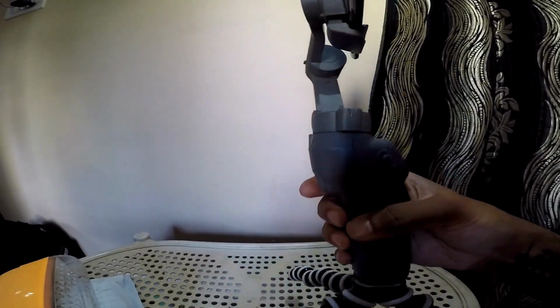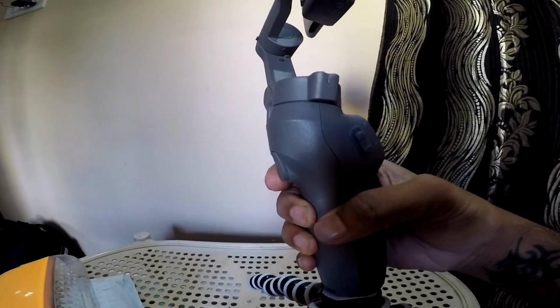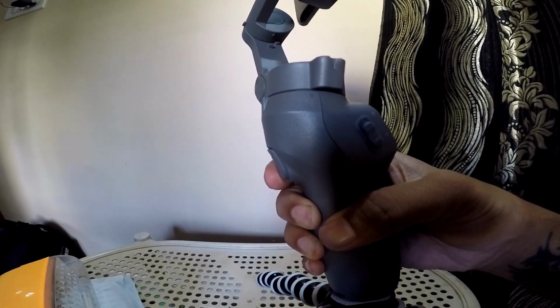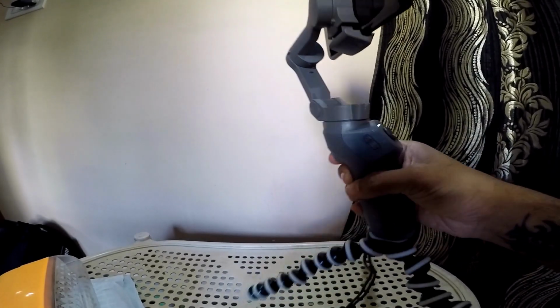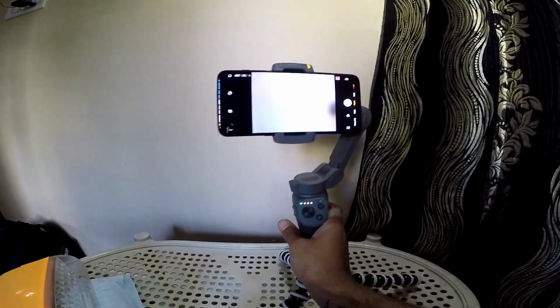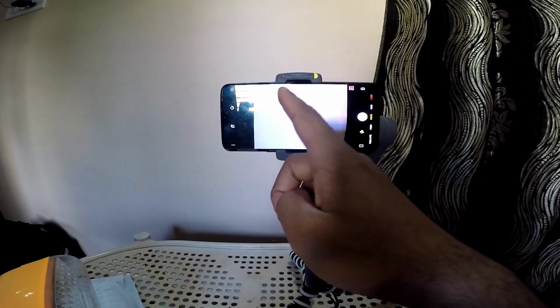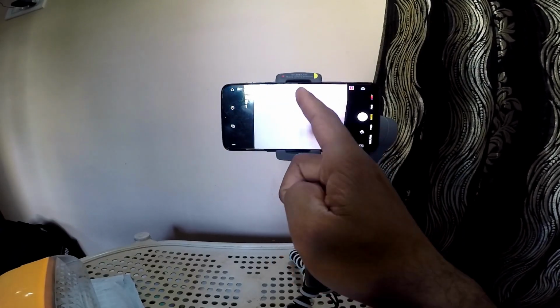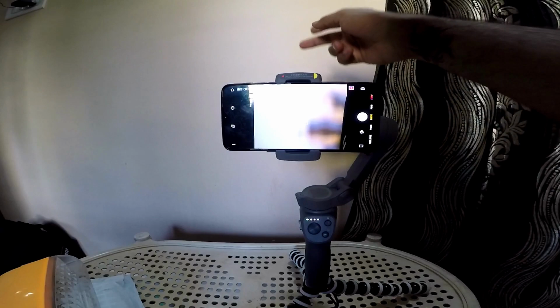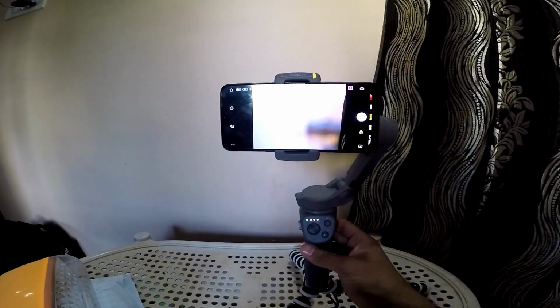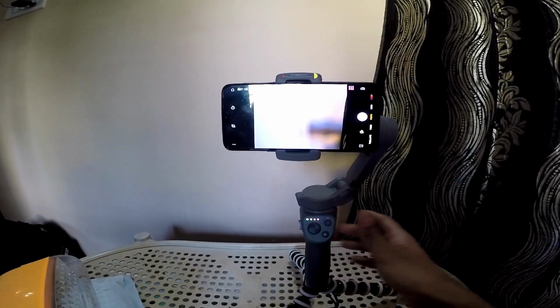There is one button here. A trigger button you can see here. That trigger you will have to press once. If you press it once, then the subject which you want to select. You cannot select a plain background like this. Okay. Now let me show.